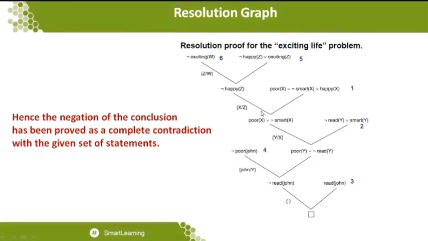So this statement is again combined with the first statement. What is the first statement? Power of x or smart of x, not of smart of x or appy of x. So x is going to be replaced by Z. At that moment, appy of Z and the other appy of Z will be cancelled. The remaining statement is power of x or not of smart of x, and we are going to substitute it with statement number 2, where we replace y by x.